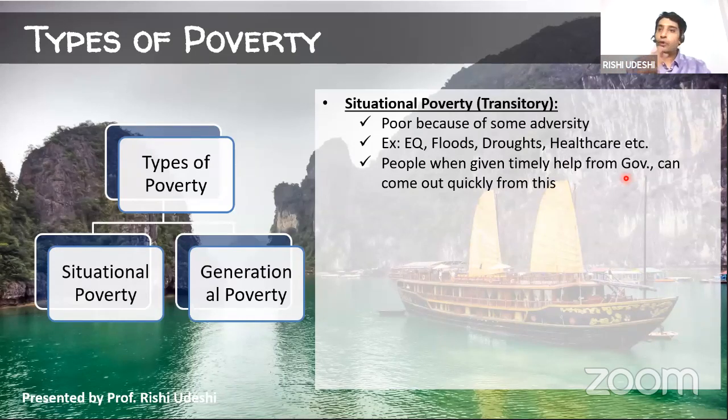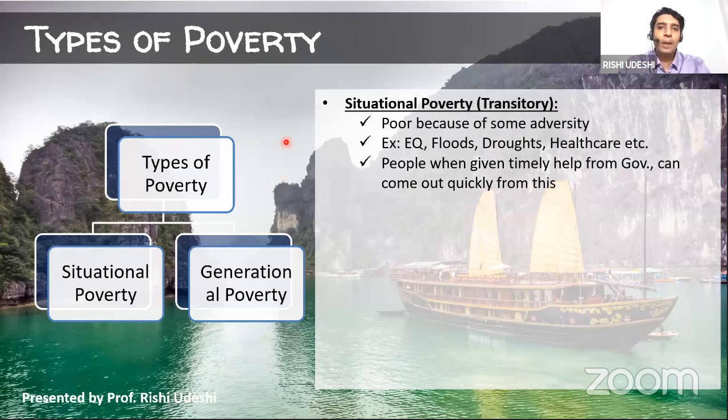That's the reason why every government of the world, if they have to make a strategy for poverty eradication in that particular country, they have to target the people who have been situationally poor. ठीक, कोई situation की वजह से वो लोग poor हो गए, because with a little amount of help from the government they can come out of poverty. Okay, this should be the first target. On the other hand, there are also people who are generationally poor. Achha, before going to that, just